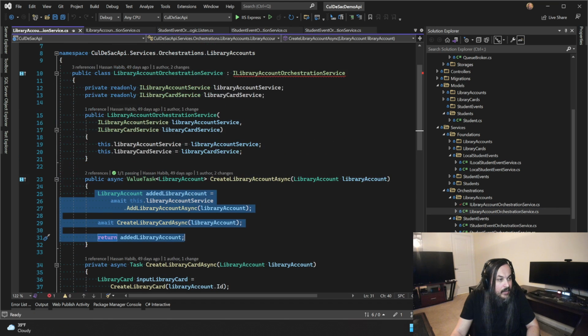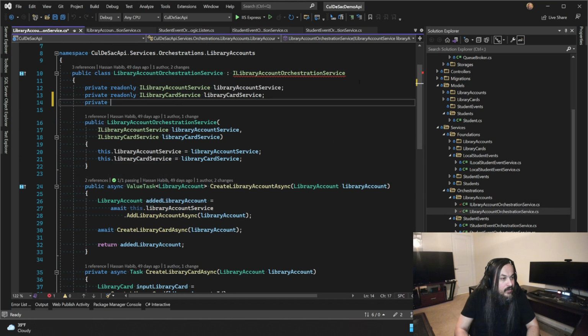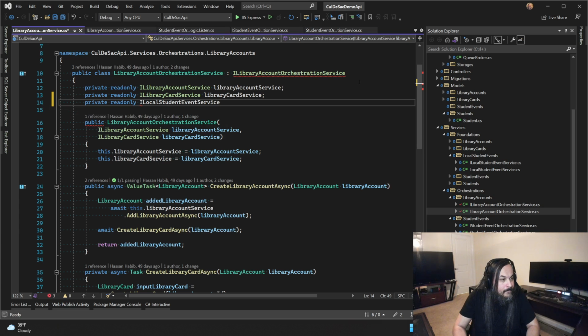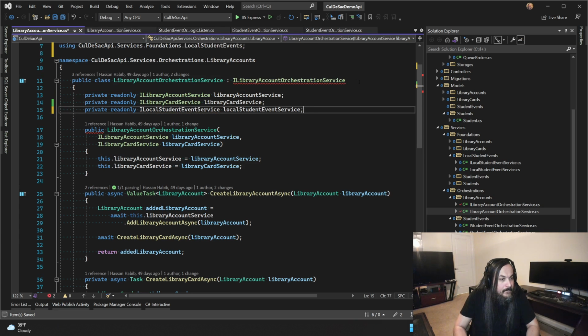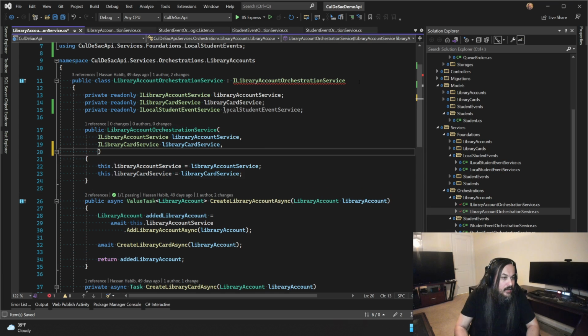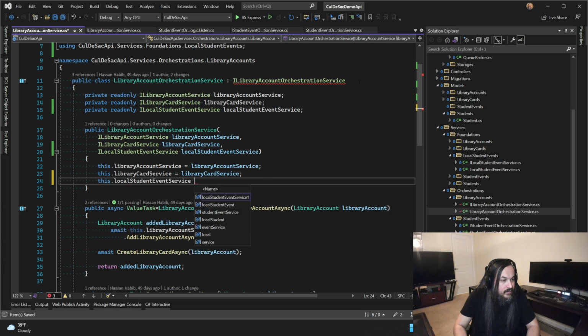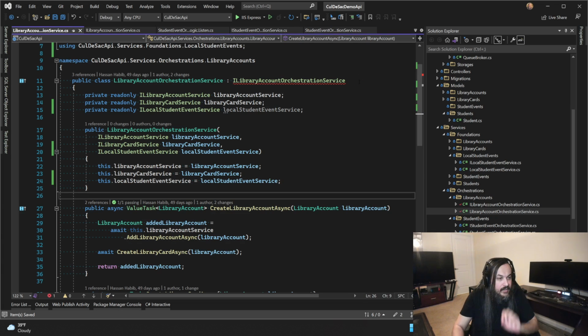And inside that guy, we're going to say private readonly ILocalStudentEventService. There it is. Now I can say this dot local student event service, just like that.